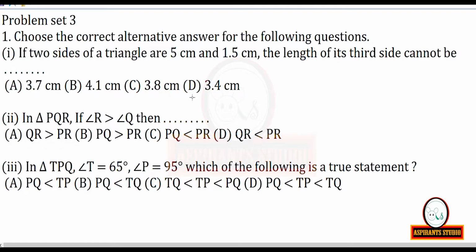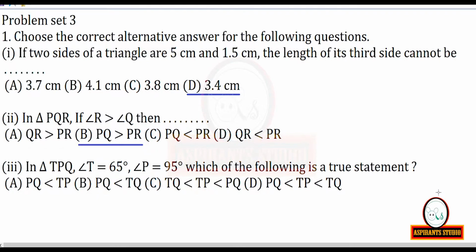So if you take the third side as 5 cm, then the other two sides, see, if I take 3.4 plus 1.5, you will get 4.9 cm. So it is not greater than the third side, which is 5 cm. If I take the first side as 1.5 cm, the second side 3.4 cm, and the third side 5 cm, then it will be correct. If I add the second side and third side's lengths, it is coming as 4.9 cm. It is not greater than 5 cm. So D is the answer.